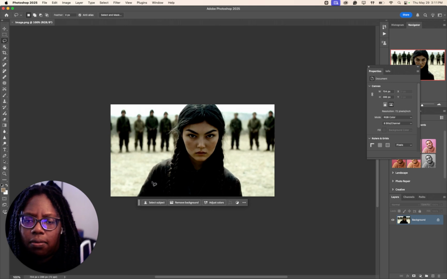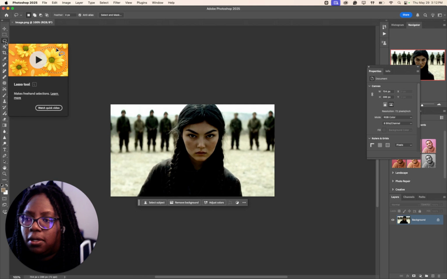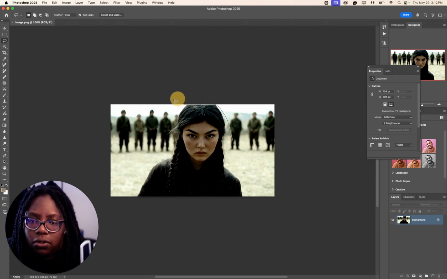So what I want to do is create a picture or a background picture of the targets that Doriga is shooting at. So what I'm going to do is take this photo from the screenshot from the last video, and I'm going to go ahead and use the lasso tool. And I'm going to just circle around Doriga. You could also use the rectangle tool, but I found that lasso is better and it just gives you a more accurate cutout.